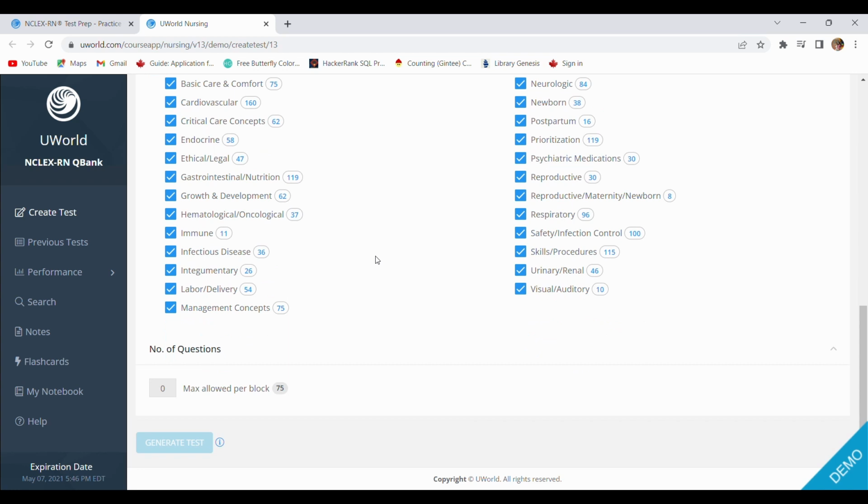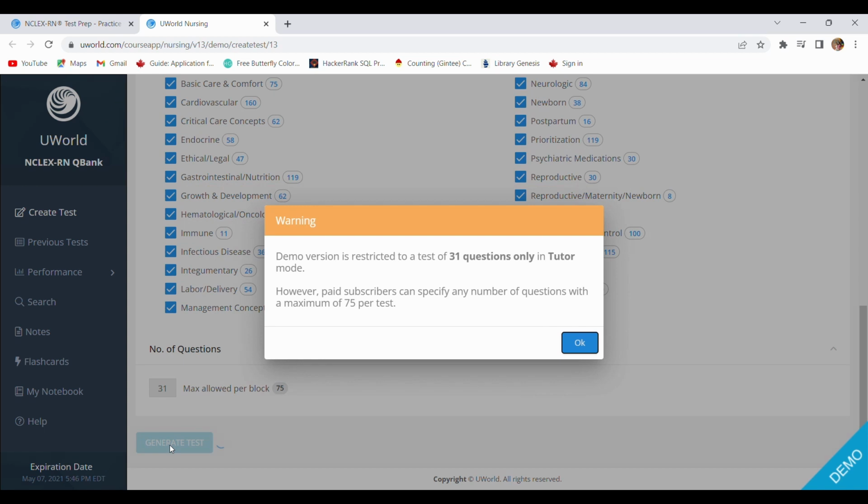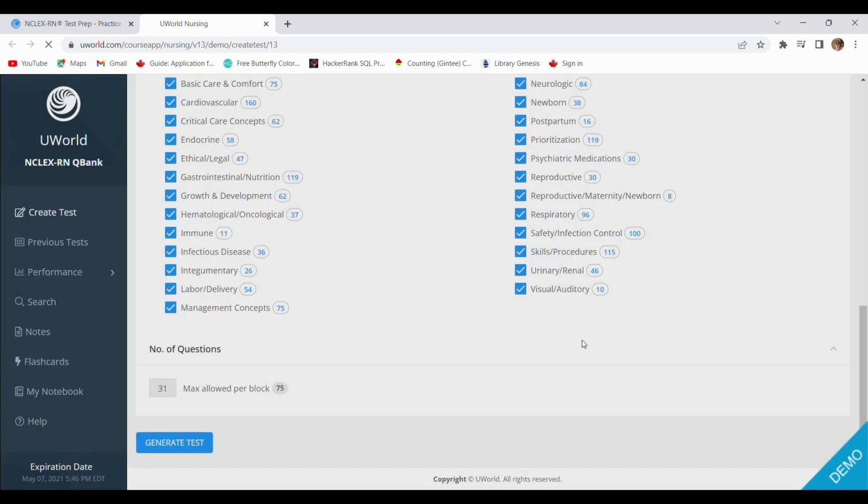So when we scroll down, we see a box that says maximum allotted questions are 75. So 75 questions are given to you in a test if you have your own account on UWorld. But if you are using the demo, in the demo we will only be able to get 31 questions in a test. So this screen pops up, it says 31 questions only in tutor mode. However, paid subscribers can specify any number of questions, maximum of 75. So we click OK